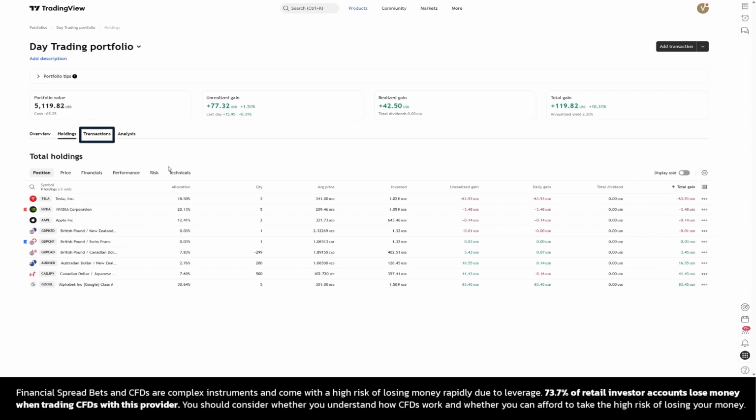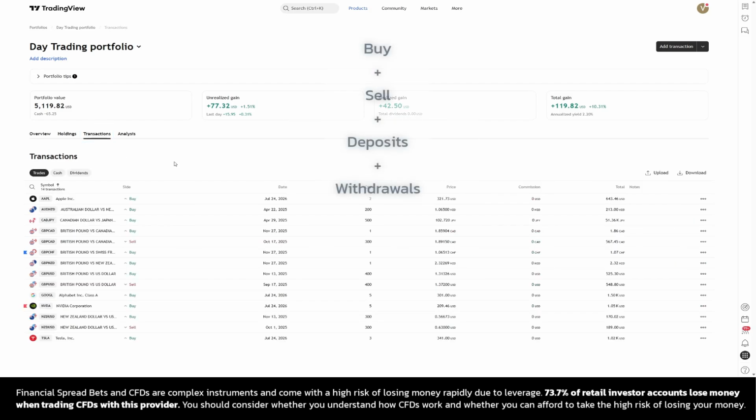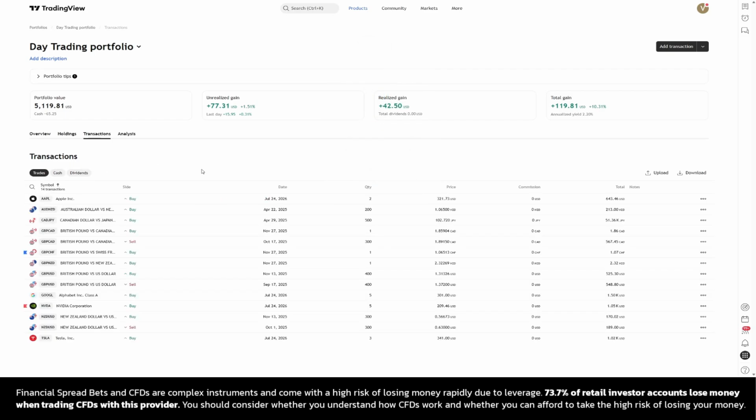The transactions section records the activity behind the portfolio. This includes purchases, sales, commissions, deposits, and withdrawals. That detail matters because performance is only useful when it is tied to the actual history of the account. A clear transaction record makes it easier to review past decisions and understand how cash flows have affected the portfolio